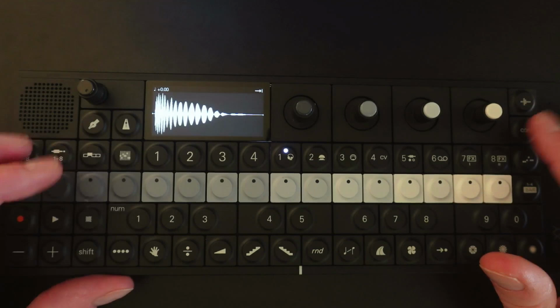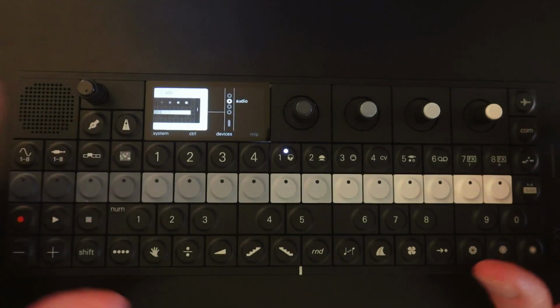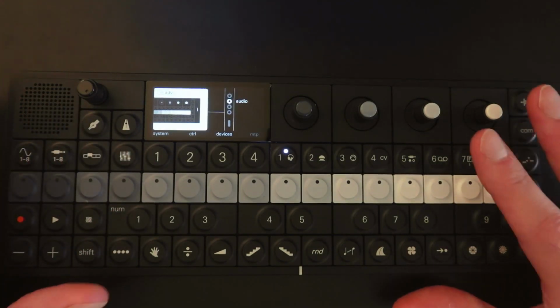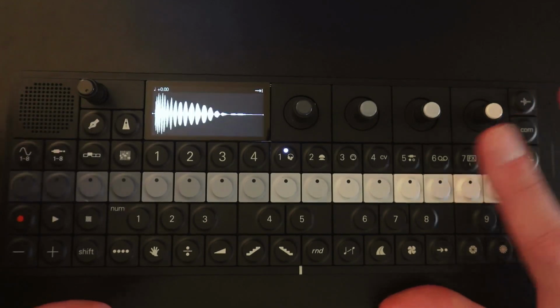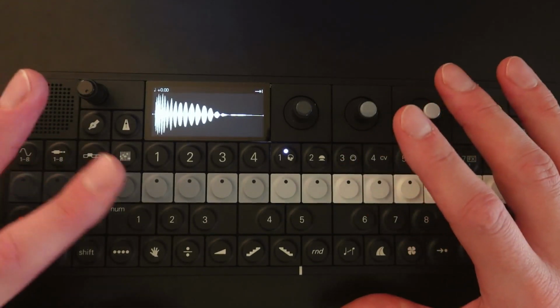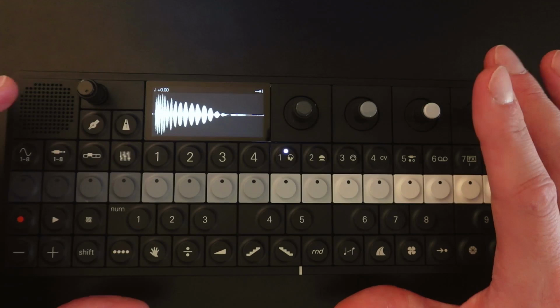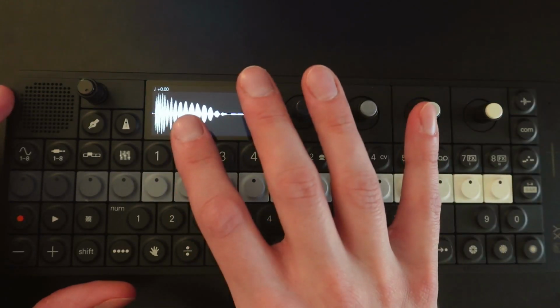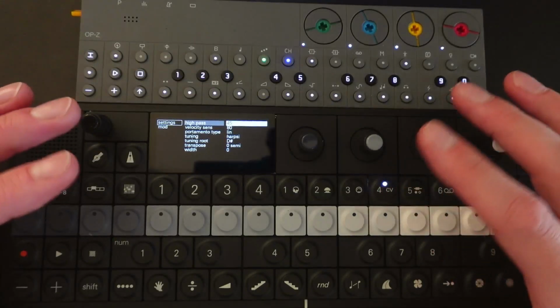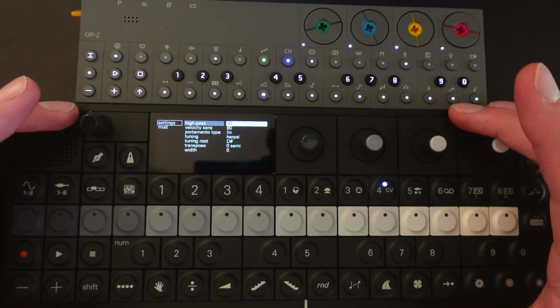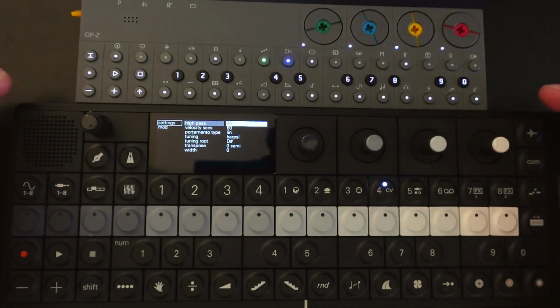The system menu is instead under COM, which does something slightly different than it does on OP1. So there's just some things where even if you're familiar with teenage engineering devices, it might throw you off. And it's still, even with the screen, going to take some learning. In other words, while there is a screen, I feel like I've had to almost memorize more on the XY,